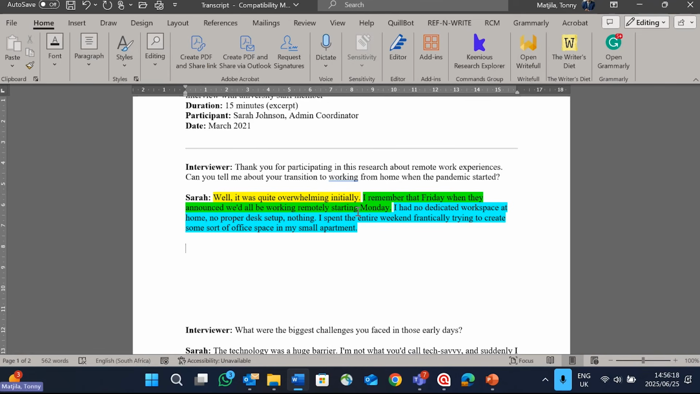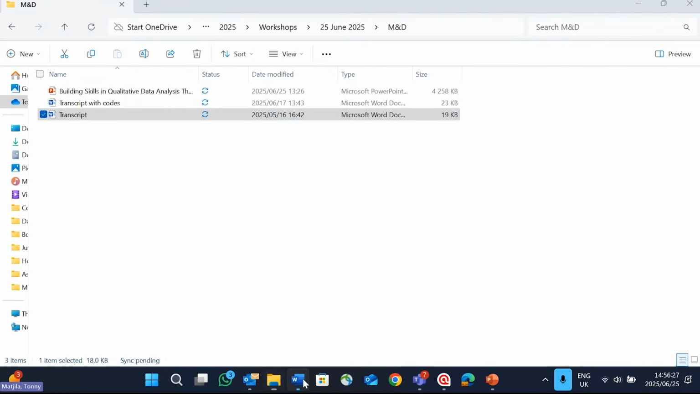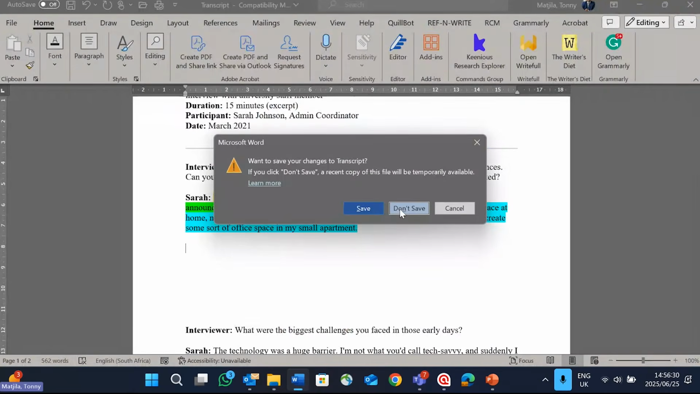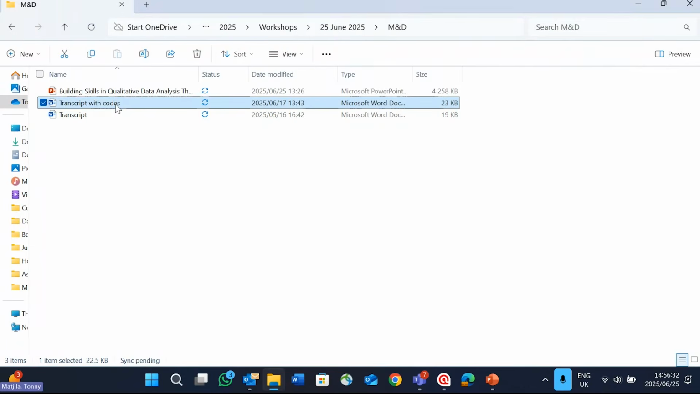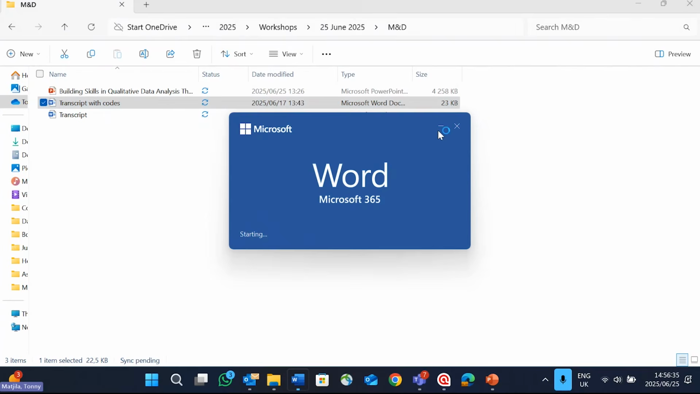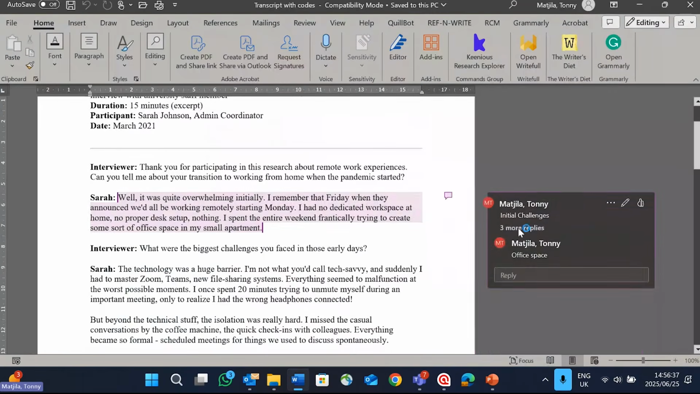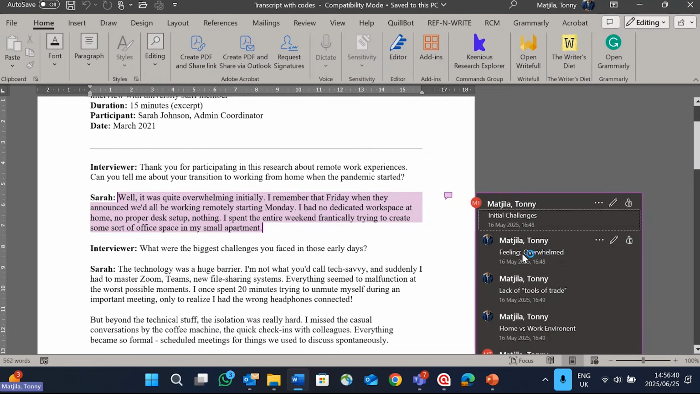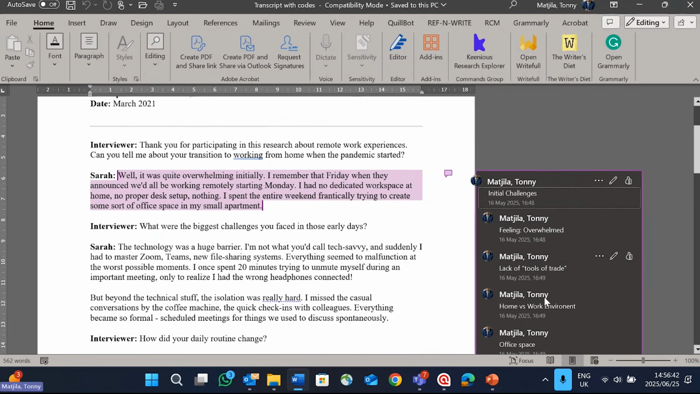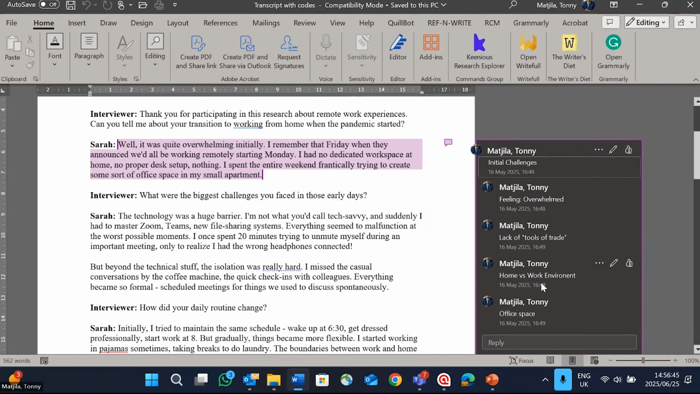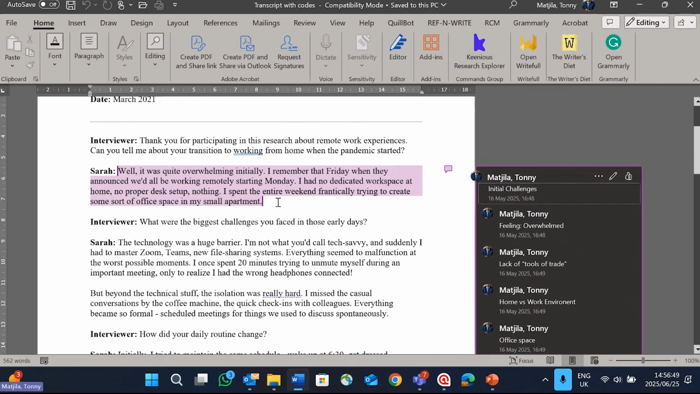Okay. So I can see that they are following and they understand the basic concepts of coding, and I also tried it manually in the bicycle era. So yes, I also got they're feeling overwhelmed, lack of tools of trade, home versus work, office space, and so on. So these are the words, the labels that you can assign to your